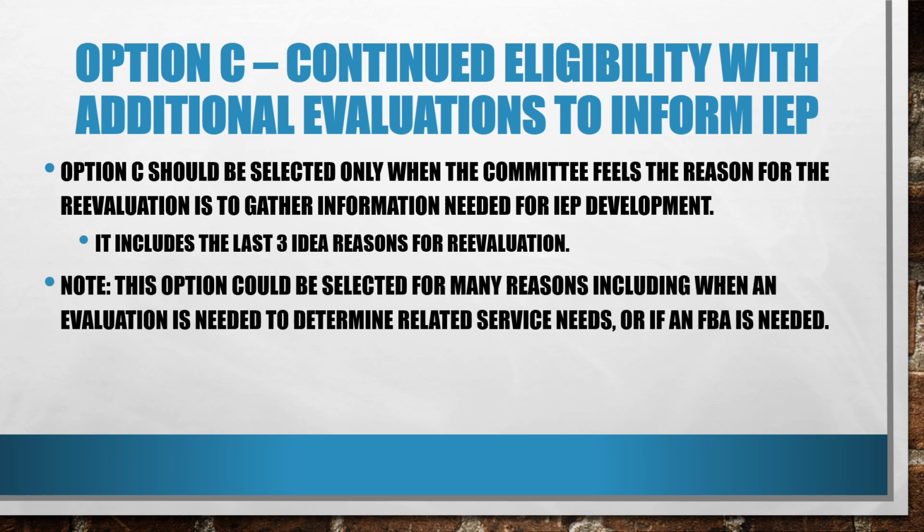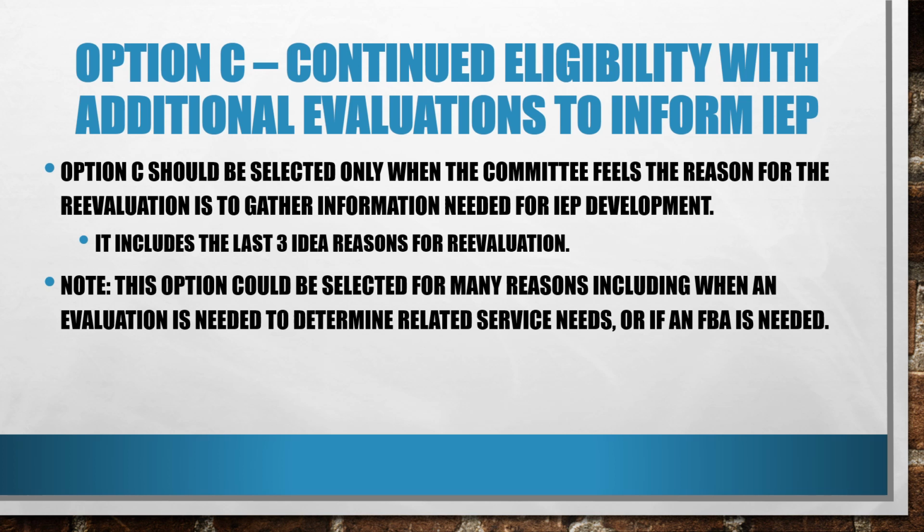Information that requires an evaluation report but is used to inform the IEP team and not an eligibility area is generally regarding related services and/or accommodations. Examples of this may include an evaluation of fine motor skills to determine appropriate OT services and supports, an evaluation of gross motor skills to determine if physical therapy is needed, an evaluation of appropriate assistive technology supports to determine accommodations and interventions for classroom use or assessment, or maybe a functional behavioral assessment to determine the most appropriate behavioral interventions to add to a behavior intervention plan and goals in the IEP. This list is not exhaustive.